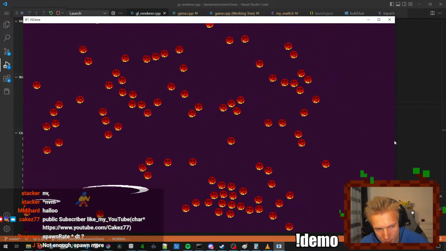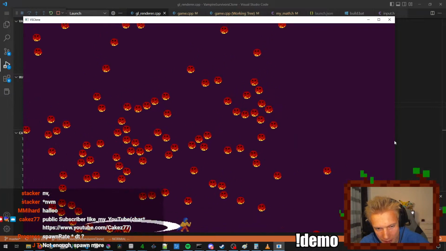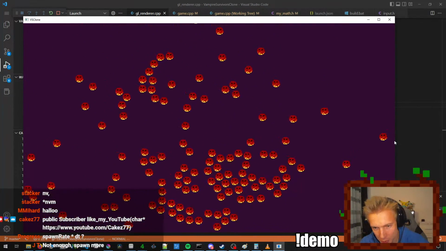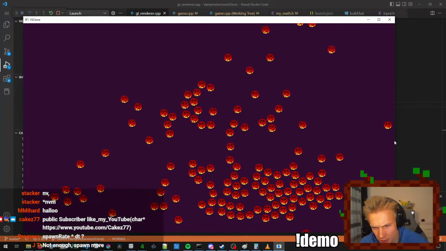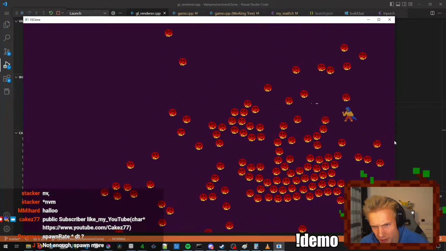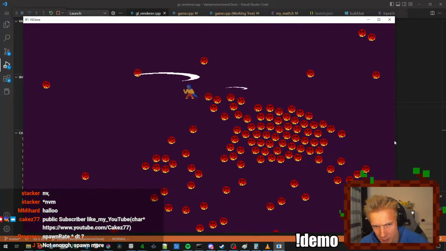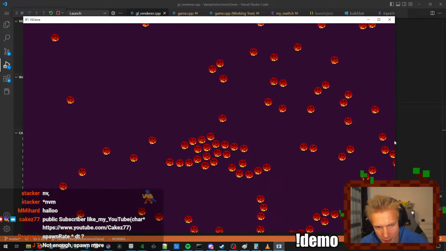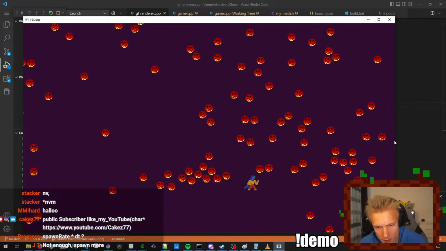The gameplay comes from surviving this hell, this bullet hell. Also, the collider is not working 100% as I want it to work. It works better on this side than on the other ones.